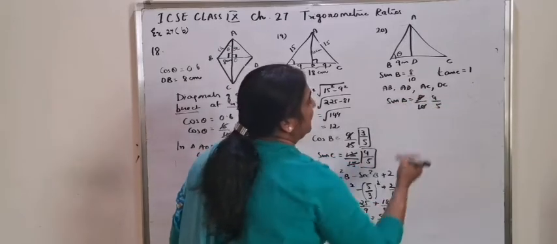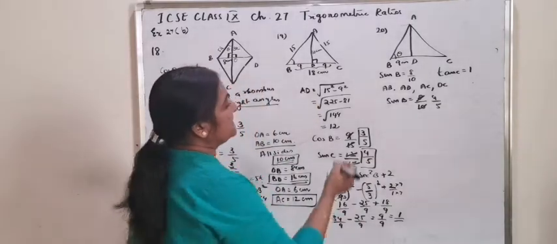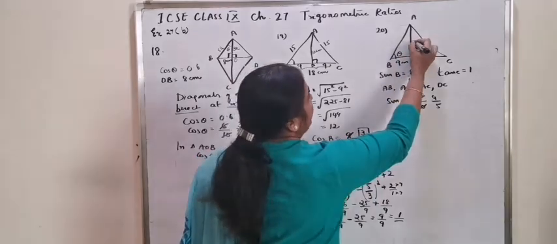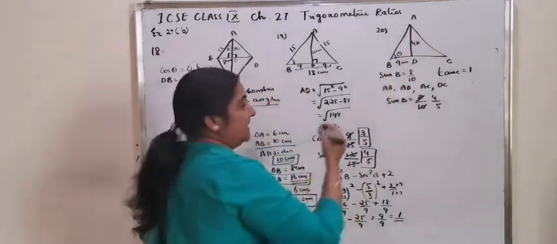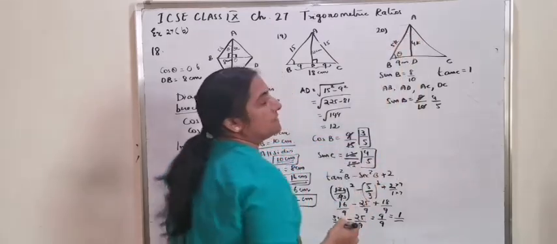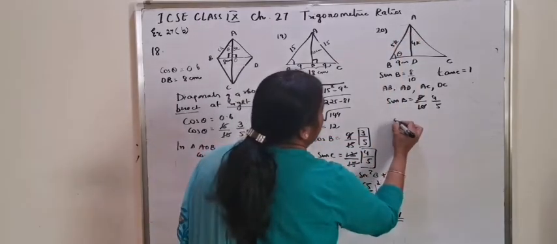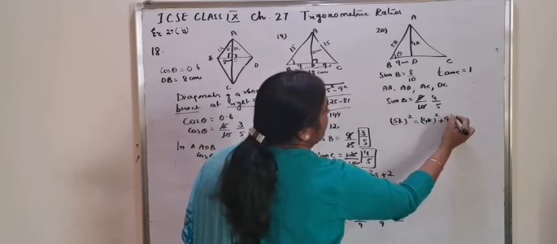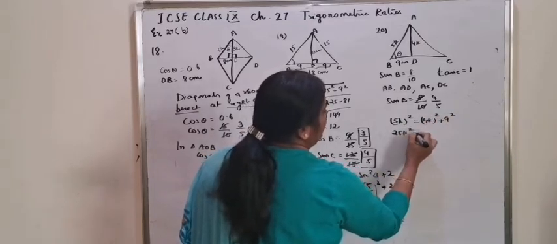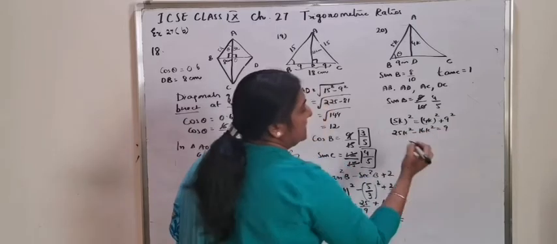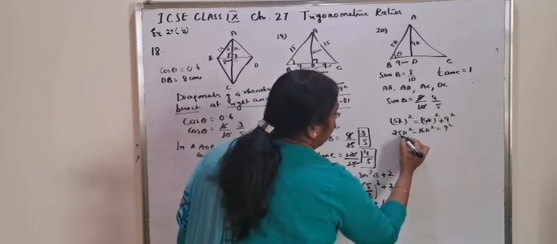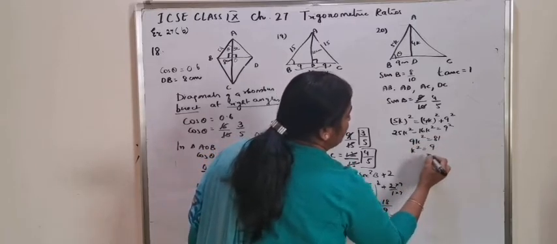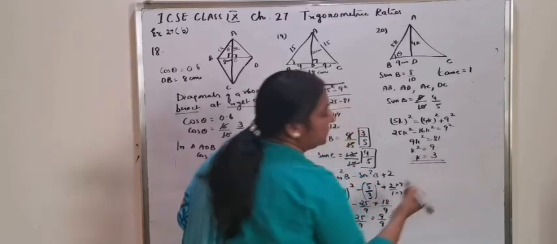Reduce it as 4 by 5. So the opposite side, I have marked it as theta. Opposite to B is AD side is 4K and AB side is 5K. Let's use Pythagoras theorem. That is 5K the whole square is equal to 4K the whole square plus 9 square. 25K square minus 16K square is equal to 9 square. 25 minus 16, 9K square is equal to 81. K square is equal to 9, or K is equal to 3.